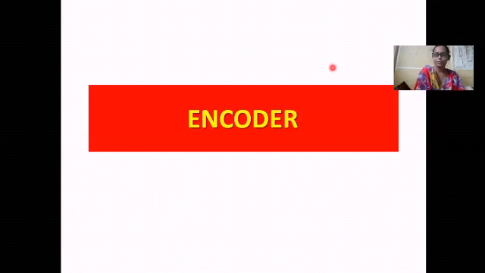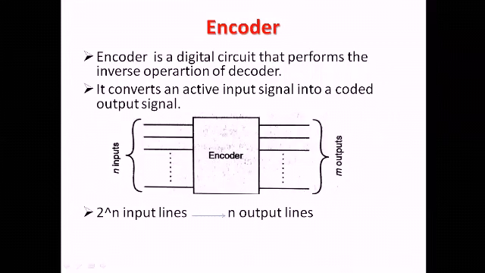In the subtractor circuit, we have studied the half subtractor and the full subtractor. We have learned how to design the circuits, the logic diagrams, and which gates are to be used. All these things we have learned in the first part of the combinational circuit module. Next, we have studied multiplexers and decoders. Now, in this lecture, we will be starting encoders. So, let us start encoders.